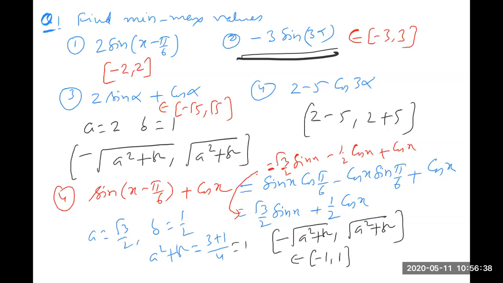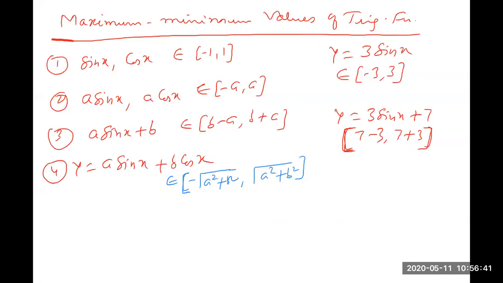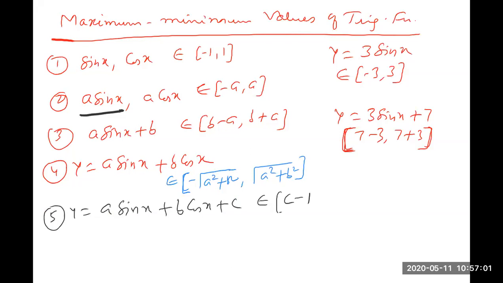Okay. So now come to this list of formulas, fifth formula here. Now like this, a sin x, in a sin x I am adding b. So it was b minus c to b plus a. So the general formula is y is equal to a sin x plus b cos x plus c. So this range will belong to c minus under root a square plus b square to c plus under root a square plus b square. That means just simply I am adding c. Only thing you have to remember here, cos x and sin x, both angles must be the same.